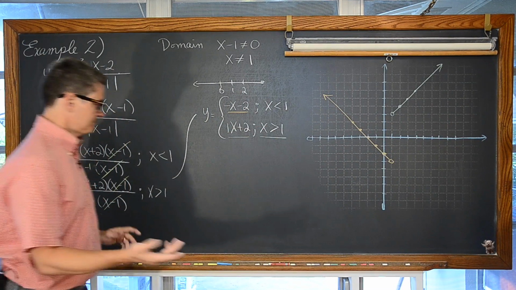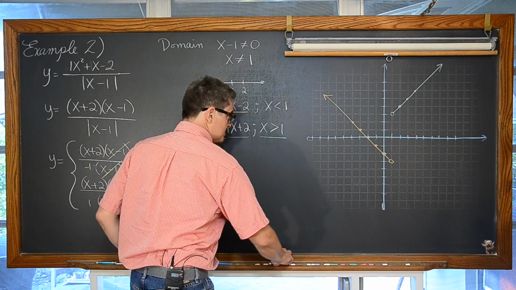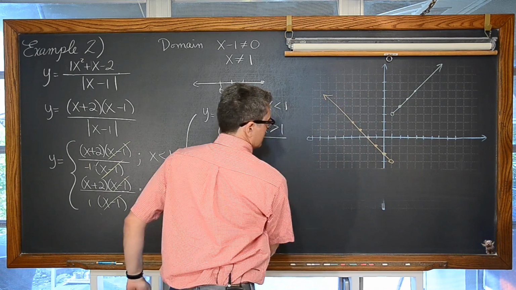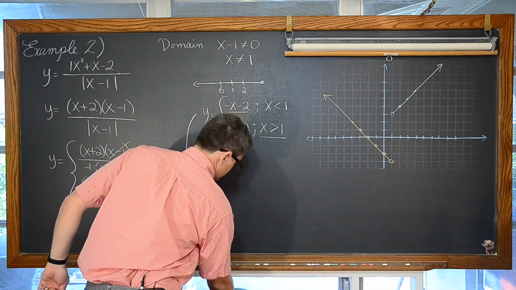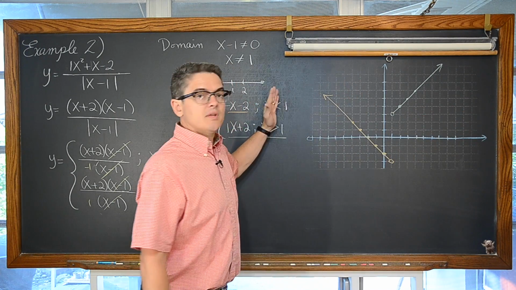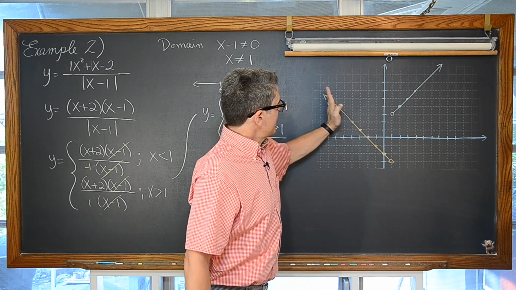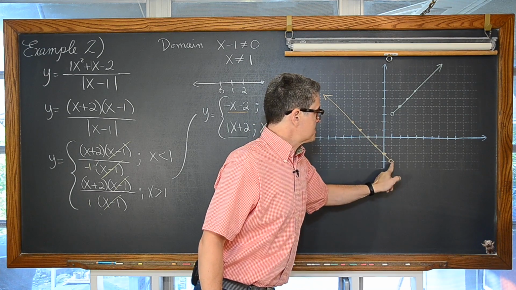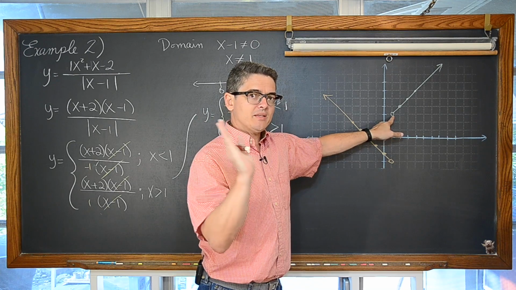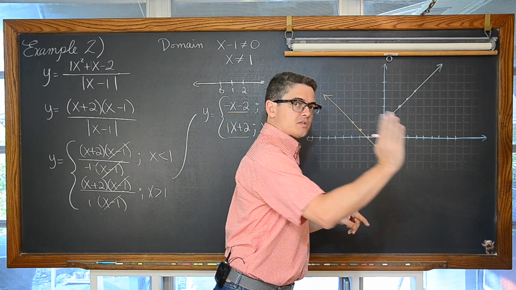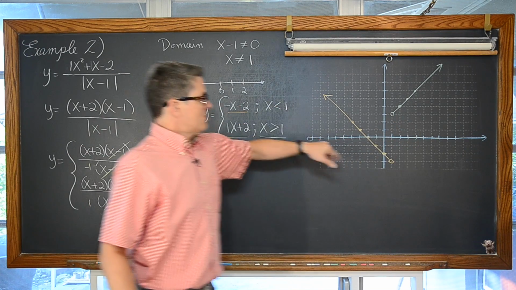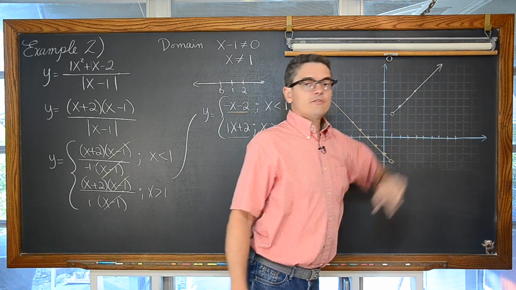Now the domain, just in case. I used to never talk about domain and range with every graph I made, but as I've made more of these YouTube videos and I hear people's questions, that's a common one that gets asked. As you look across this x-axis, the graph is everywhere except when x is equal to 1. You skip over just 1. You're right up to 0.9999 and you're right on the other side, 1.000001. That's not exactly equal to 1, so it's part of the domain, and you go off forever to the right.